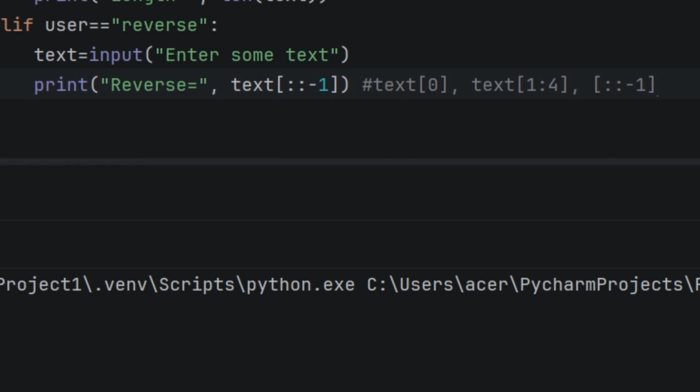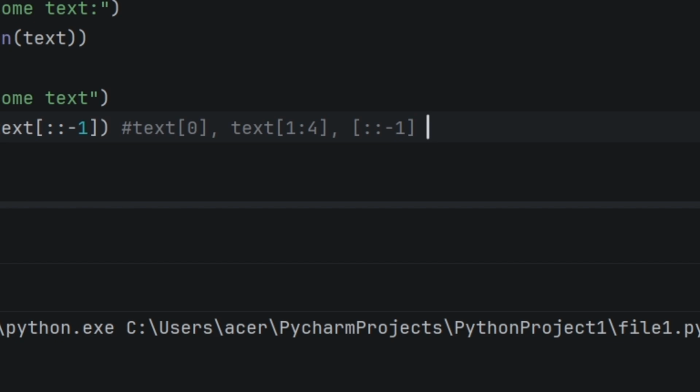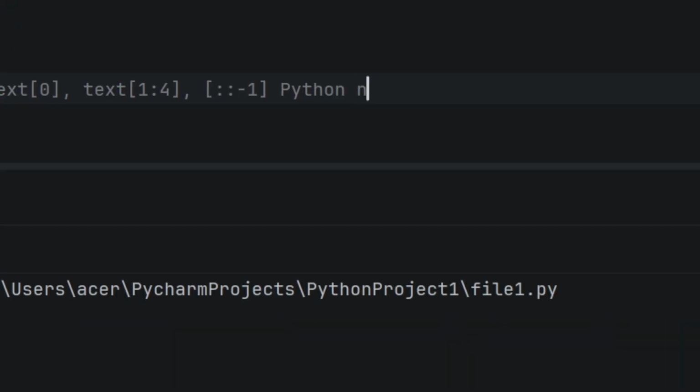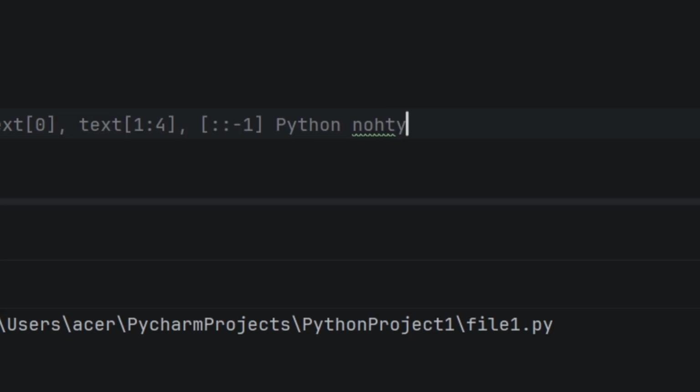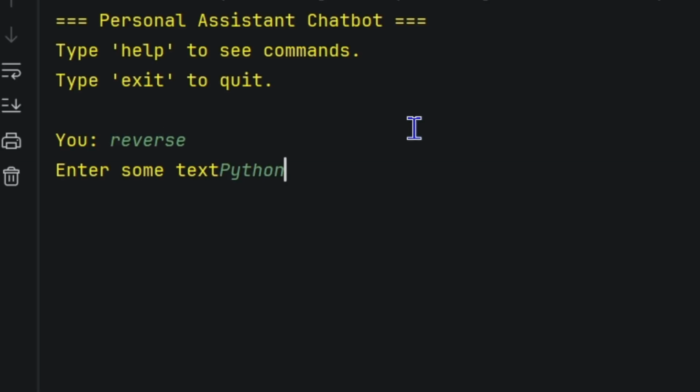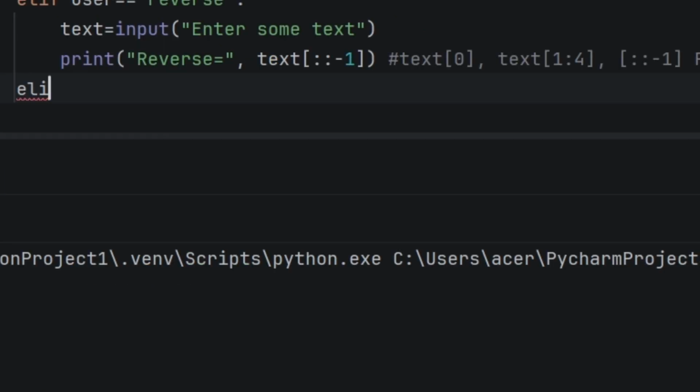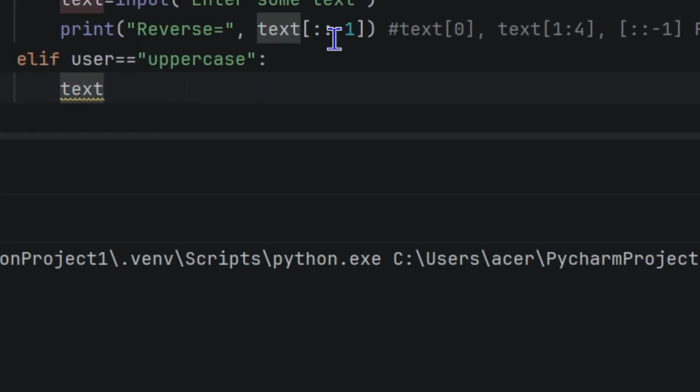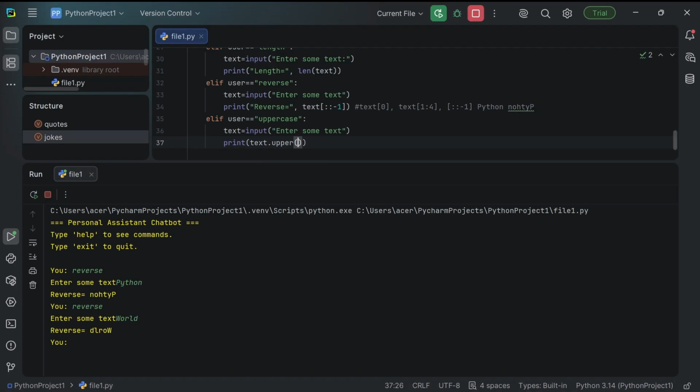This is a slicing shortcut. The last value is -1, which means move backwards. For example, if the text is Python, it will show the characters in reverse. Let's run this and check.